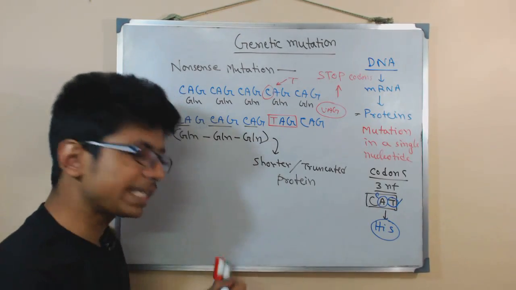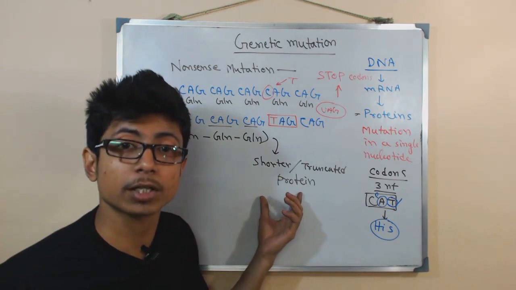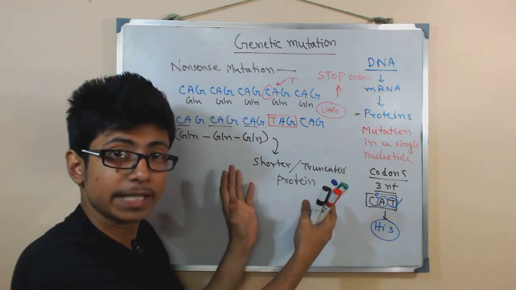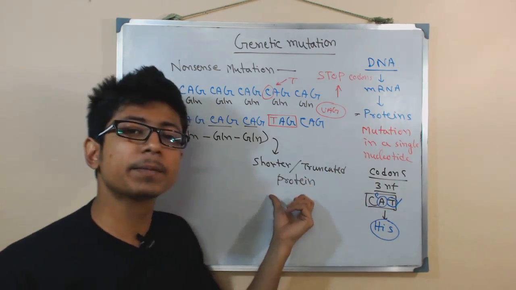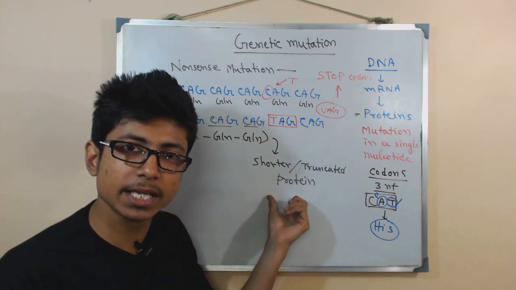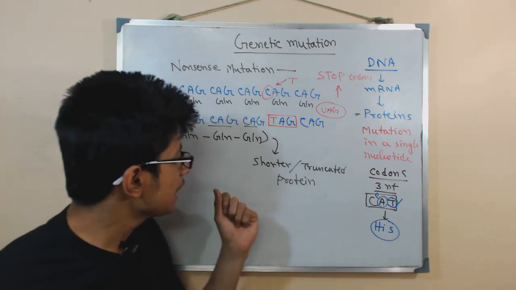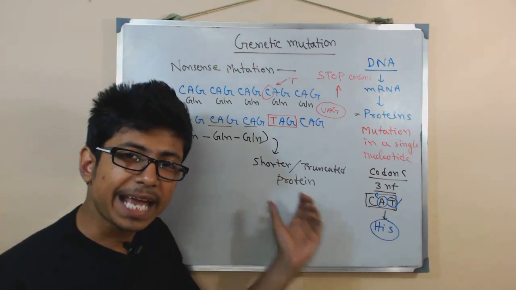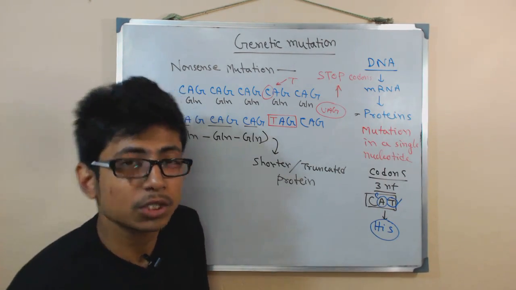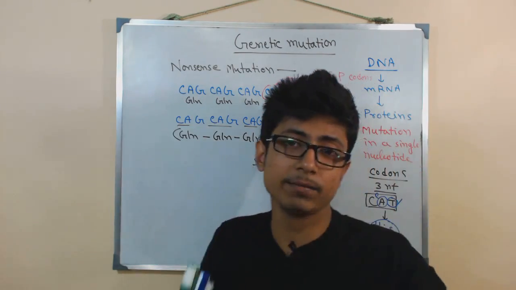Now the truncated protein can have different problems inside the cell. This might have a completely different function from the original protein, right? And there are examples of that. That's why I'm telling you, this truncated protein may not function at all, and it should be degraded by chaperones inside the cell, by the proteasome complex and ubiquitination complex. This truncated protein can also combine with another truncated protein to form a different variety of proteins inside the cell. So we never know what kind of thing is going to happen, because these are all real-time examples